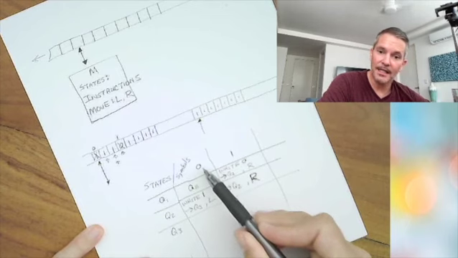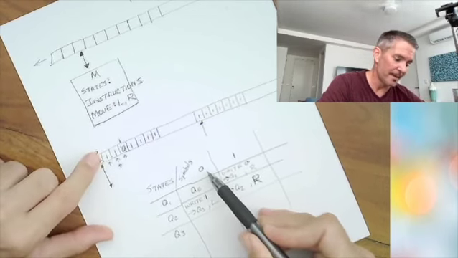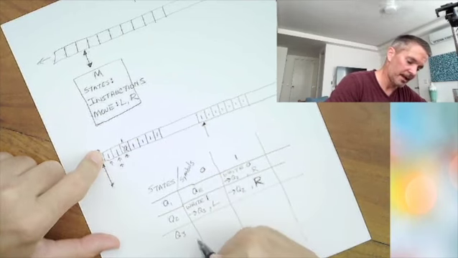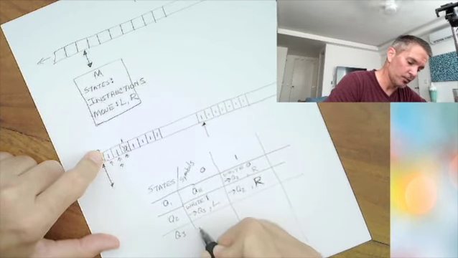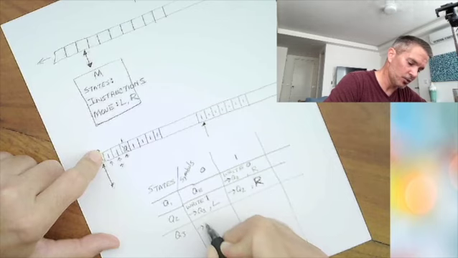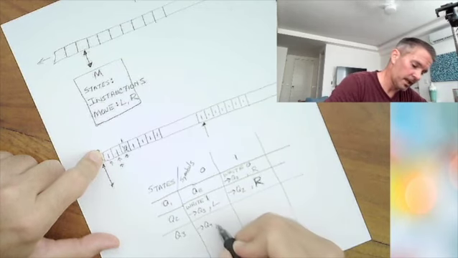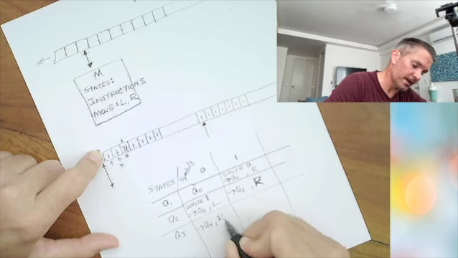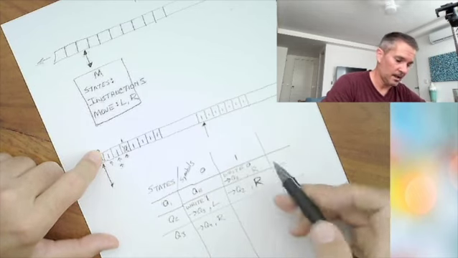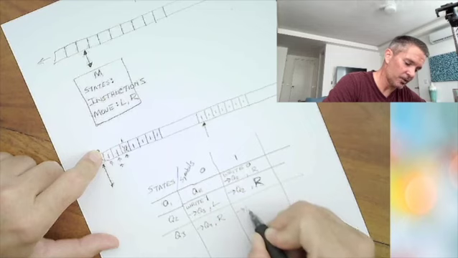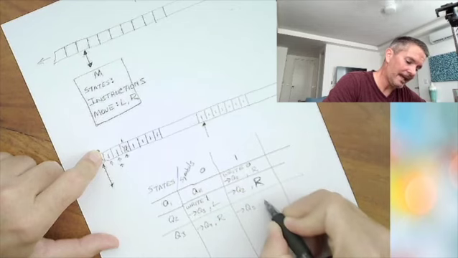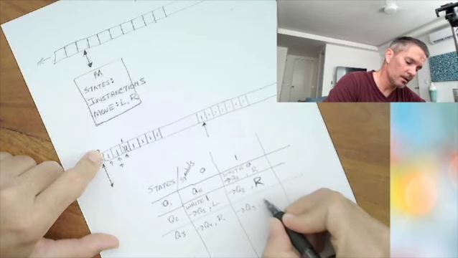If you run into a 0, if you're back here, okay, I'm not going to write anything. I'm going to move to the state Q4, and I'm going to move to the right. If I see a 1, I'm going to remain in the state Q3, and I'm going to move